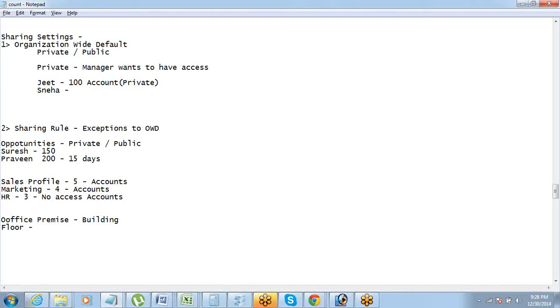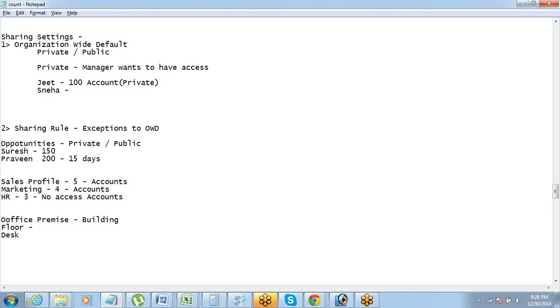Now it drills down to your desk or maybe the laptop that you use. Whether you can sit only at your desk or go and sit at others' desks also, or whether you can just use your laptop or other people's laptops also, that is the sharing setting, right?